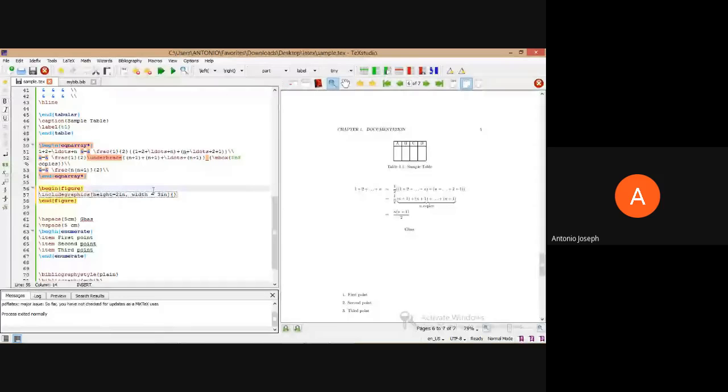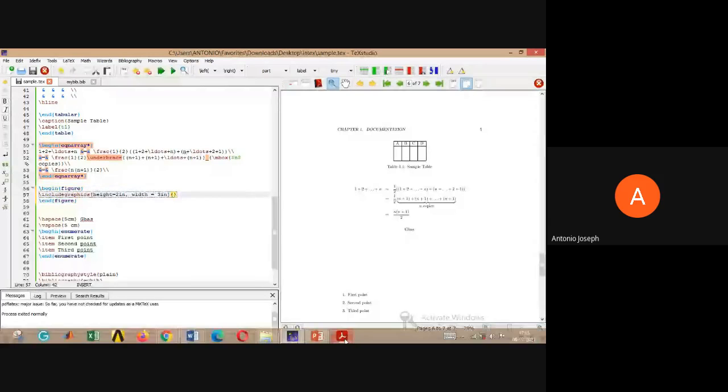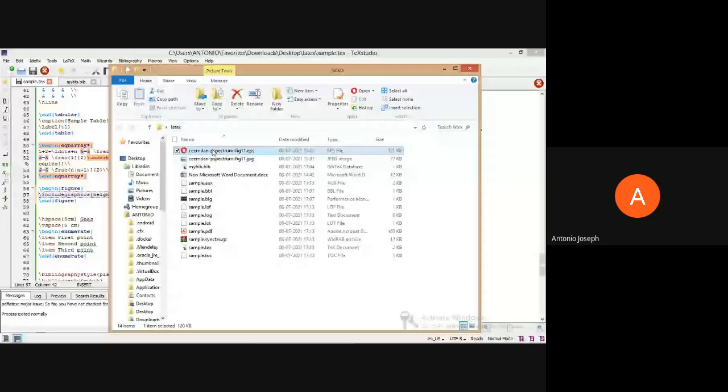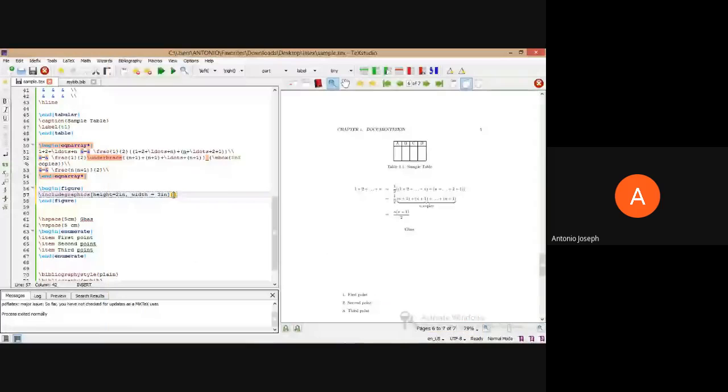Yeah, here we can see two files are there, so we can create these two things. I'm providing the file name over here, then we can provide the caption also.